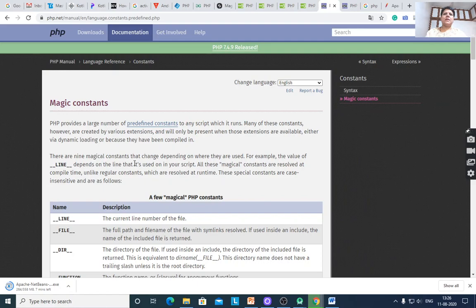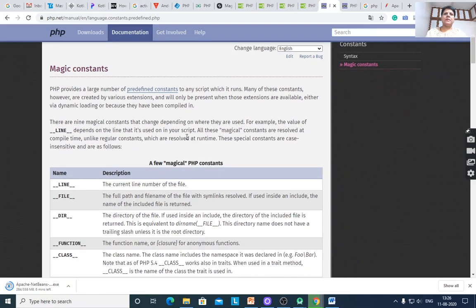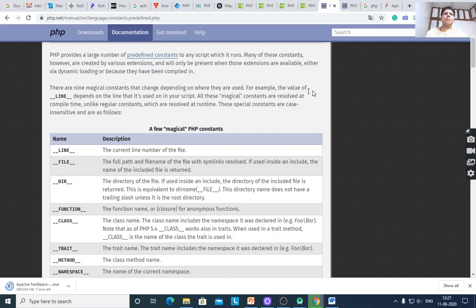Nine magical constants are there that change depending on where they are used. For example, the value of line will display the line number. All these magical constants are resolved at compile time, unlike regular constants, which are resolved at runtime.